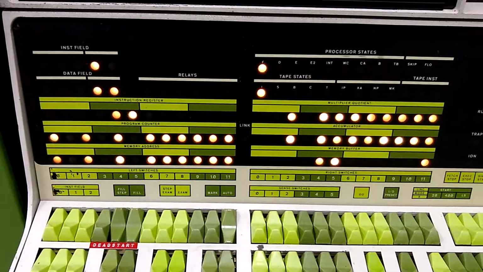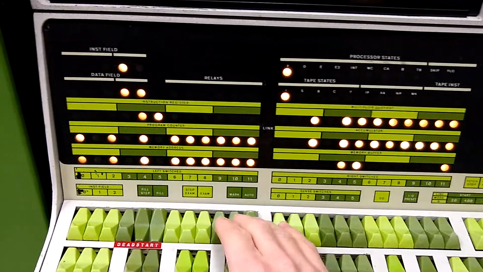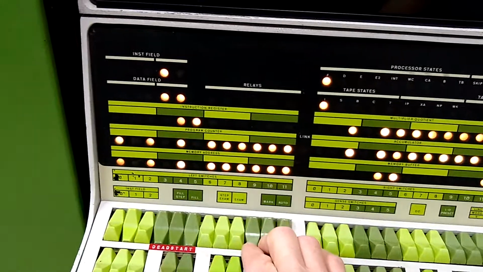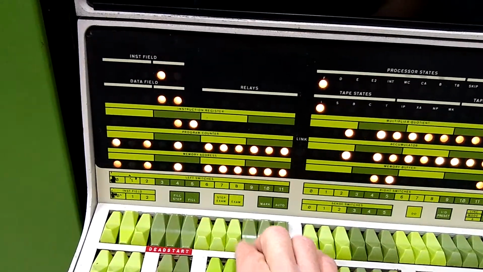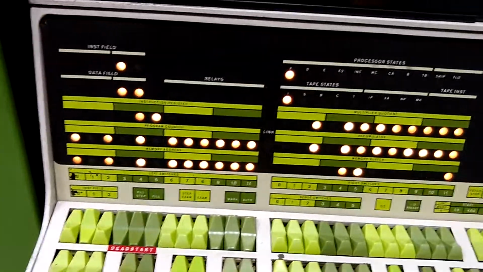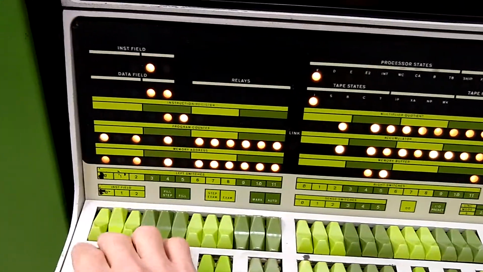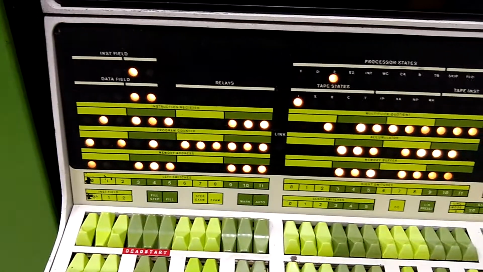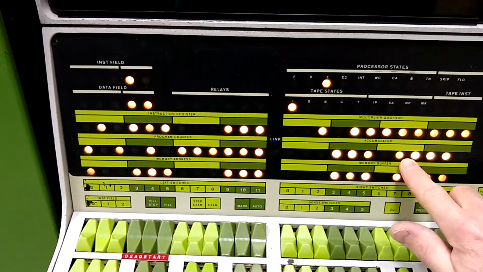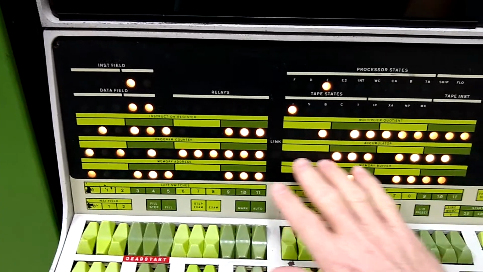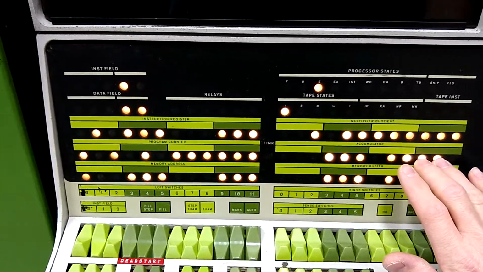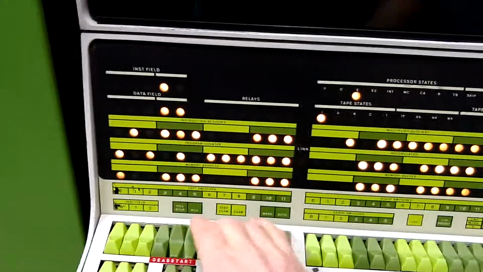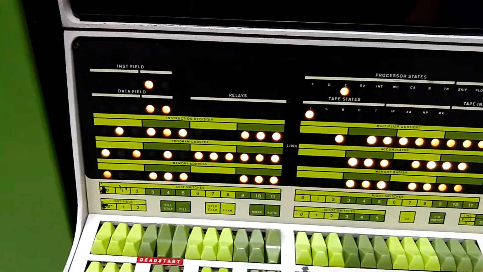So it appears that this rotate is working correctly, and we're able to move bits from the AC into the MQ. Let's do this again. This will be a 2000 from a different location. So what do we have here? 0736. Is that right? 0736. Okay, so now if I do the shift 1 bit and I do this 12 times,